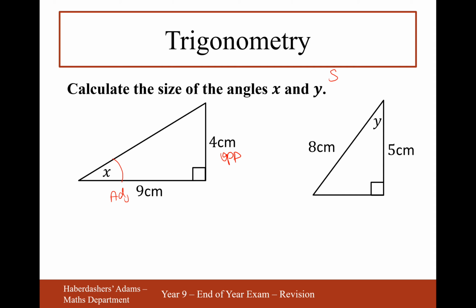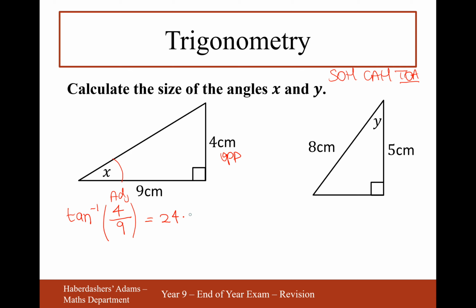Well, we've got to always remember SOH, CAH, TOA. And it's tan that has both O and A in it. So it's going to be tan -1, and then you put the fraction in the correct order, opposite divided by adjacent, in the order of TOA. So it's going to be 4, because that's O, divided by 9, because that's A. So tan -1, you have to press shift and then tan on your calculator. 4 divided by 9, and that gives you